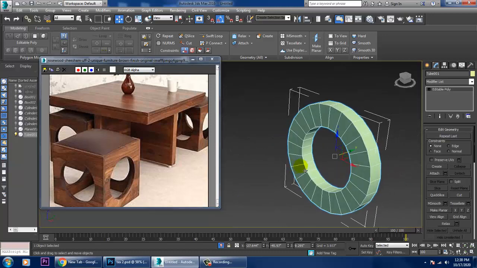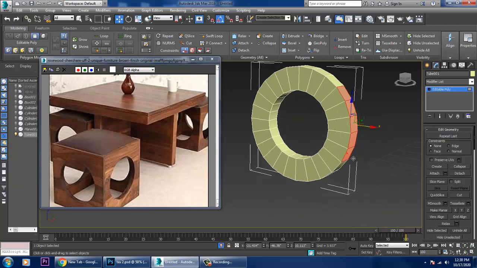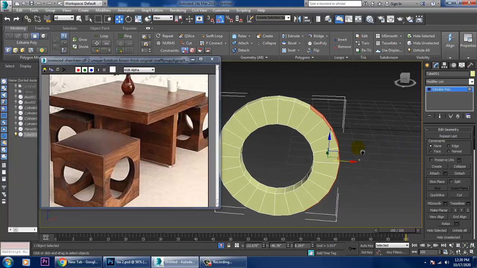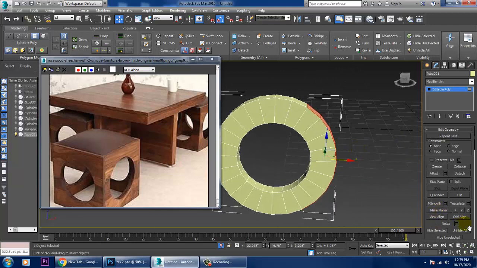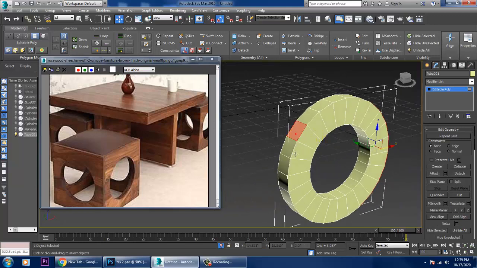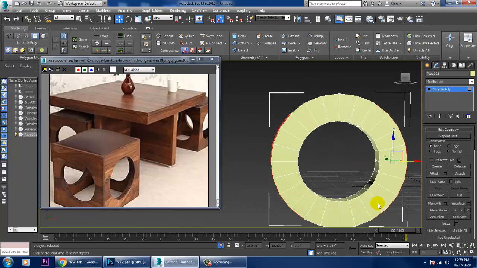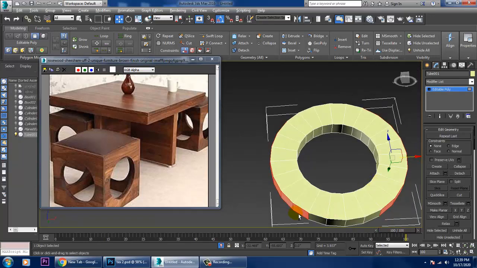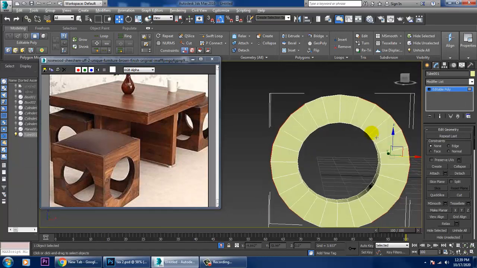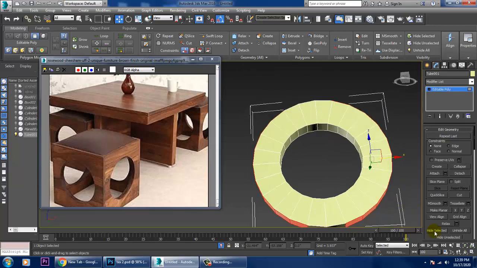Let's go into polygons. Let's select these polygons over here, and before extruding it, let's select all of this. After you're done, let's extrude it.